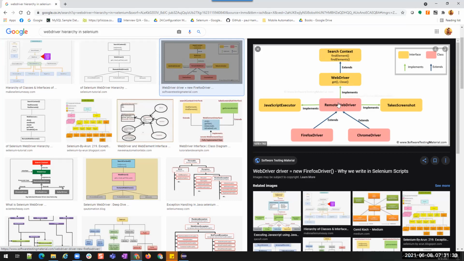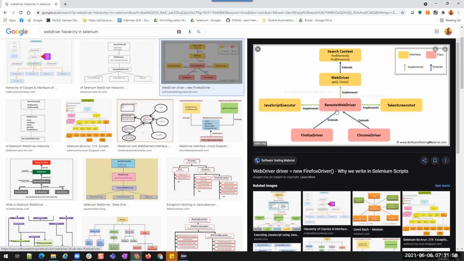We use it only when we use Grid, so let us not discuss it more. It is used to trigger browsers in remote machines present at different locations. That is why we don't use it in regular situations.